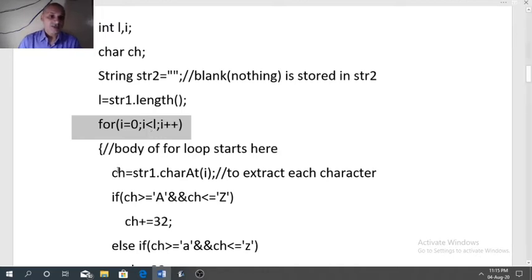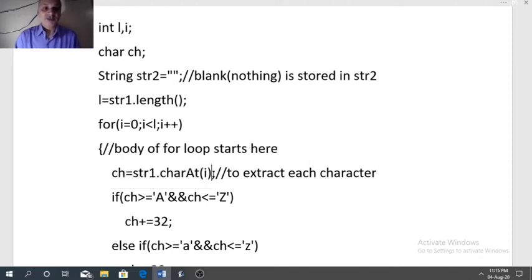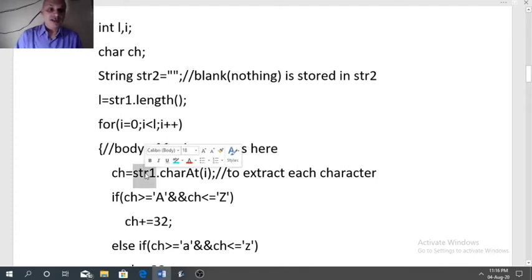So when I is 0, ch will store the character at 0 index. We have studied the charAt function. The charAt function stores the character at I index, because I is the argument here. So when I equal to 0, the character at 0 index from the source string str1 will be stored in the variable ch.